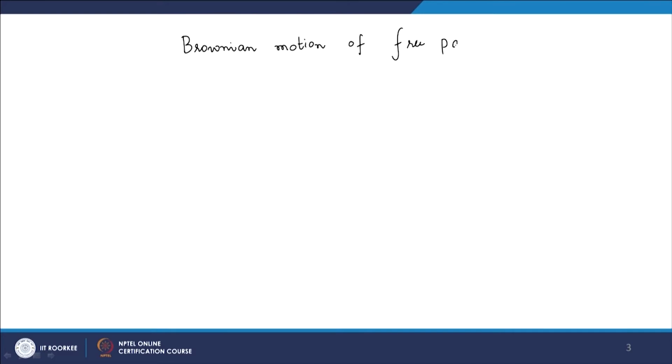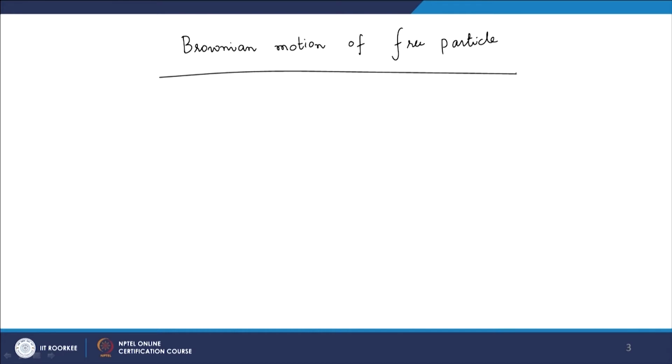So, let us say we want to start from what we typically use in a macroscopic description, and then using that we want to establish what should be the case in a microscopic description of Brownian motion, and this therefore will set the ground for what we will discuss in the case of polymers later. So, we want to discuss the Brownian motion of a free particle,